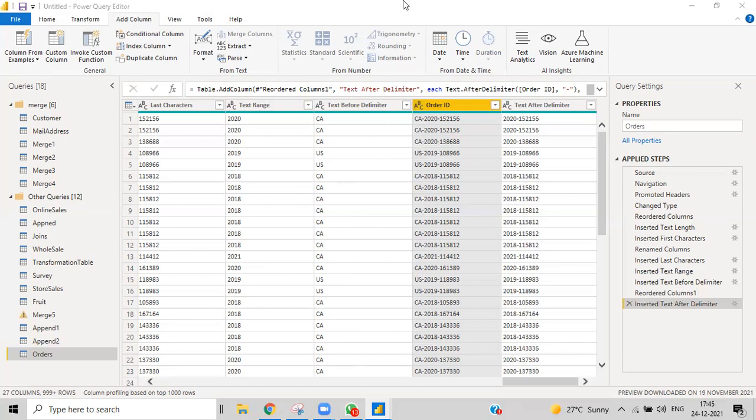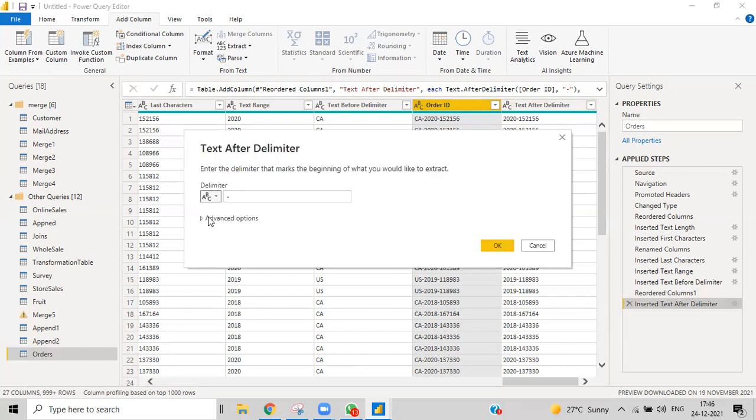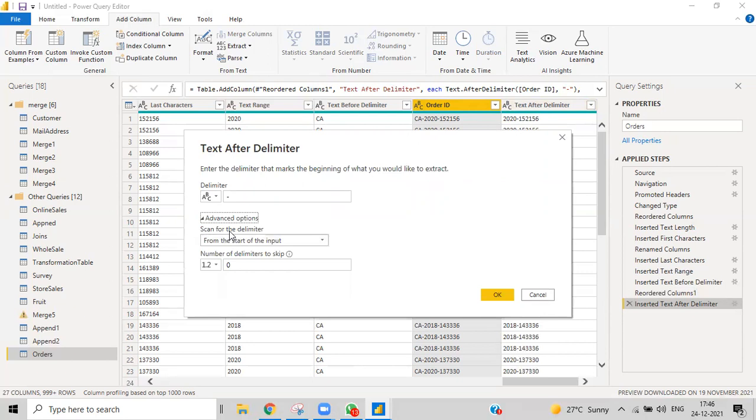Okay, and then check out what other options we have. We'll go with advanced options. Here we have, from the starting position, how many delimiters you want to skip. I want to skip one delimiter, so it will find the second delimiter, the same delimiter, and then after that delimiter, what part will it give? Let us suppose I want to get the last 6 digits. So after the second delimiter, I want to get that particular part: text after delimiter, after the second delimiter.